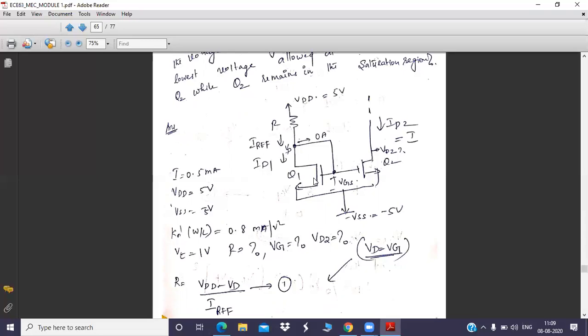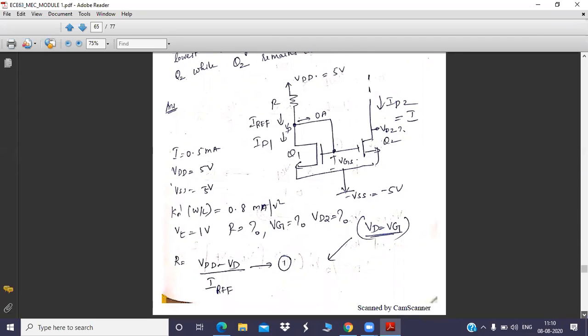Due to the current mirror circuit, sir. Yes, fine. It is a current mirror circuit, and apart from that, you can see the two gate terminals are shorted together, and the source terminals are also shorted together. Whenever two terminals are connected in parallel across each other, it is obvious that the voltage across the two terminals is going to be the same. That is why I have written only VG, not VG1 or VG2, which means the gate of Q1 is at a particular potential that is the same as the gate voltage of Q2. Any doubts?